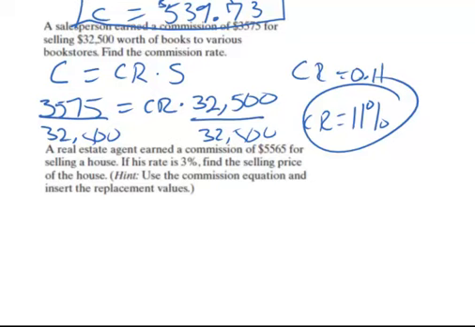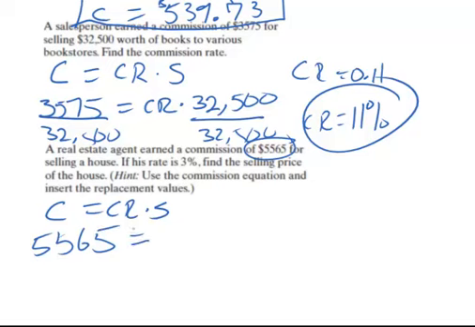All right, so the last problem that I have here in 5.7 says a real estate agent earned a commission of $5,565 for selling a house. If his rate is 3%, find the selling price of the house. Okay, so again, we'll do the same thing. Commission equals commission rate times the sales. The realtor received